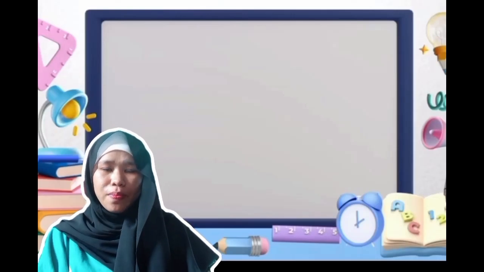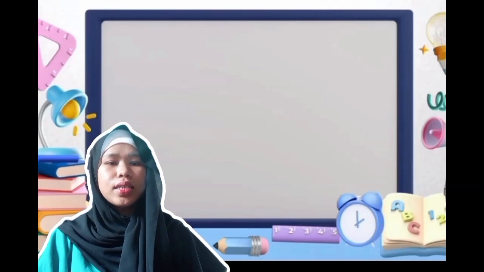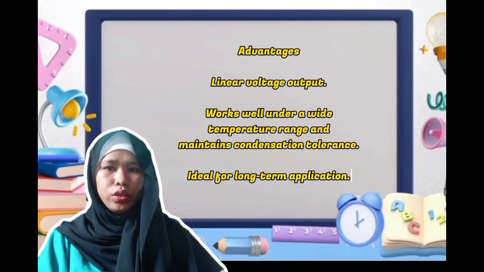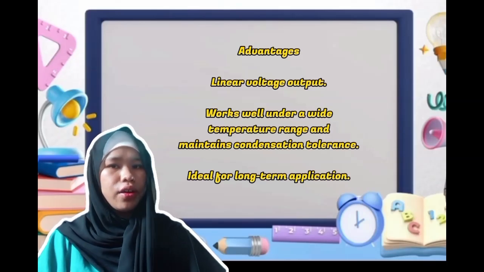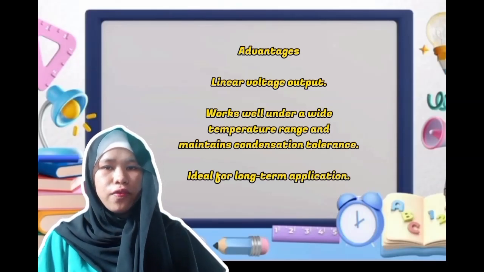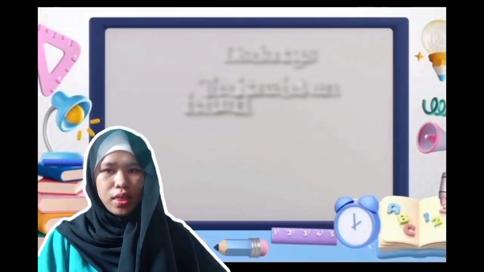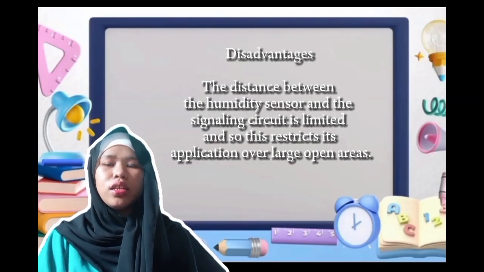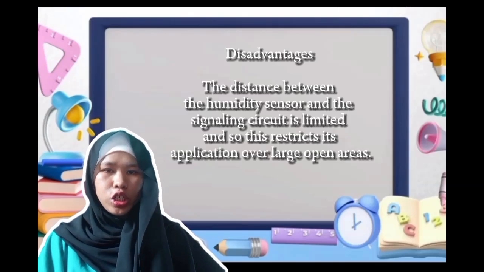So now let's talk about its advantages and disadvantages. First, the advantages: the linear voltage output, and it works well under a wide temperature range and maintains condensation tolerance. And it's also ideal for long-term application. On the other hand, its disadvantage: the distance between the humidity sensor and the signaling circuit is limited,